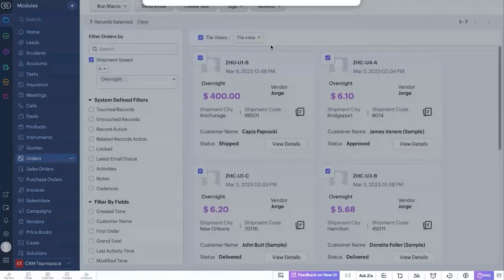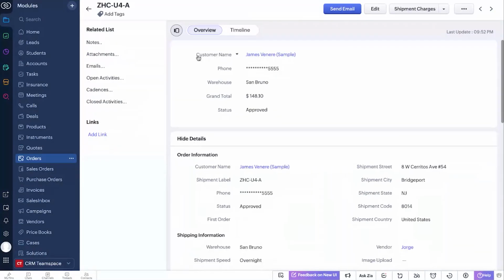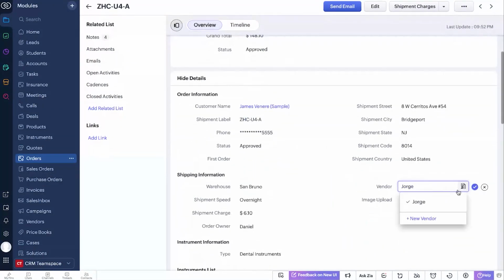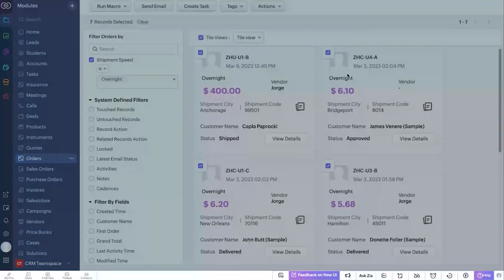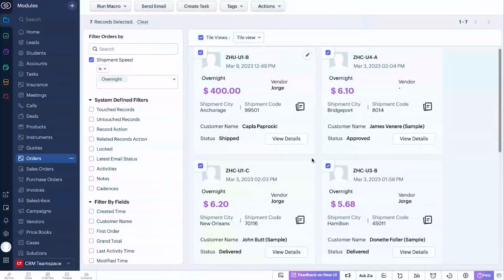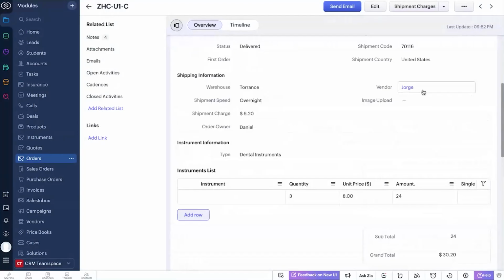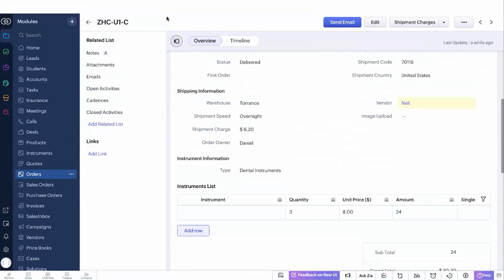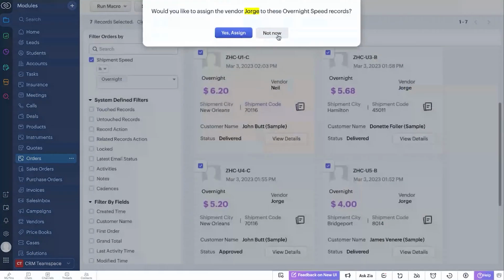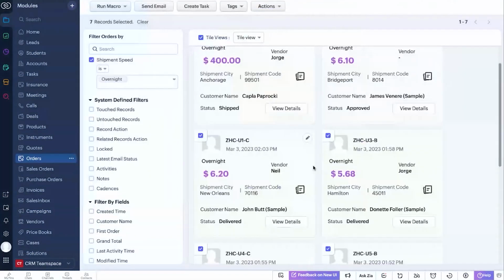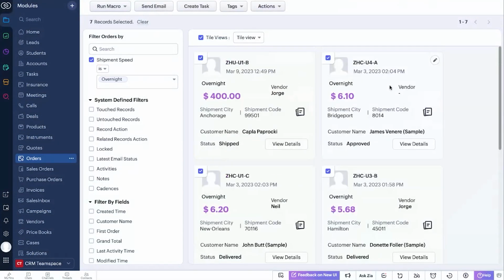So unfortunately, right now, these are already assigned to him because the client script was a success. So I'll just clear this for now, and I'll assign this to somebody else. So now you can see we have some orders that are not yet assigned and some that are assigned to